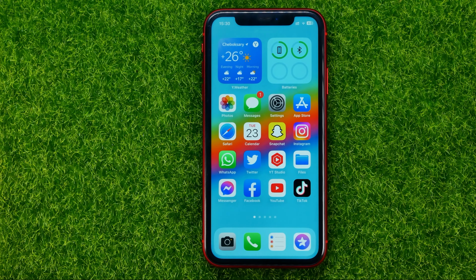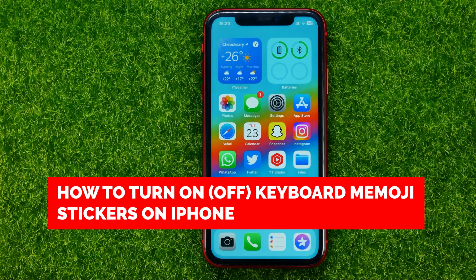In this video, I'm going to show you how you can easily turn on or off keyboard Memoji stickers on